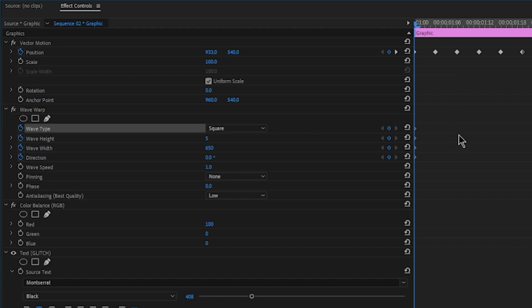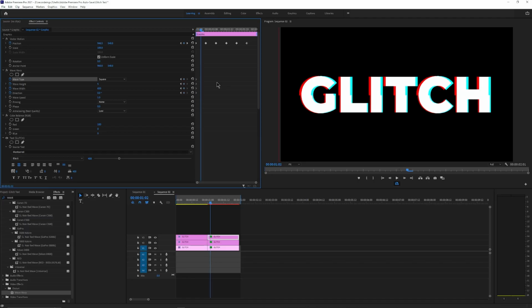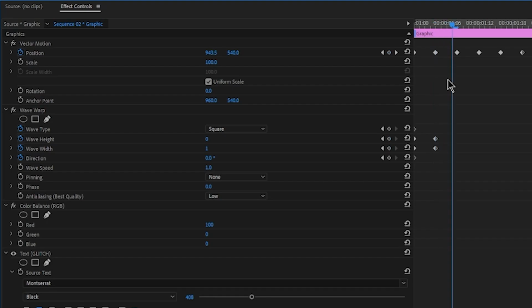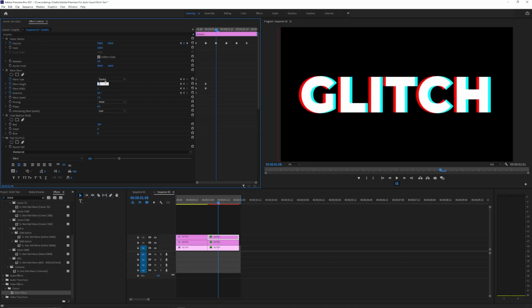We're going to come across 4 frames. 1, 2, 3, 4. And we're going to set this back to 0, and this will be 1. And we're going to come across again 4 frames, and we're going to put our height to 5, and our width is going to be about 450 this time. We'll change it slightly, and we're going to come across 4 frames again. We're going to set this back to 0, 1,